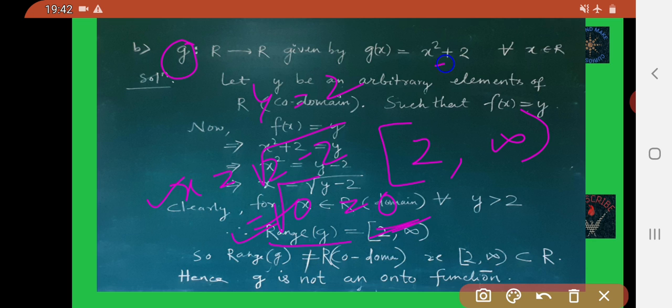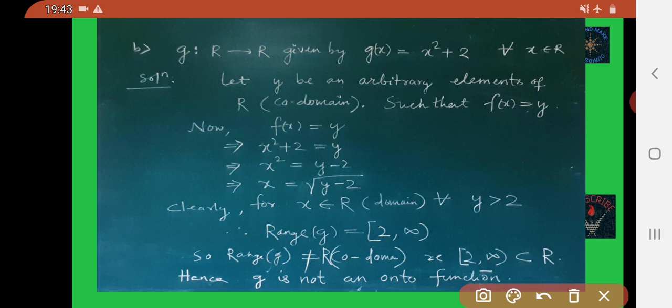If you take y value less than 2, then you get an imaginary number. But here what is given? Here real numbers are given, so we cannot take that.